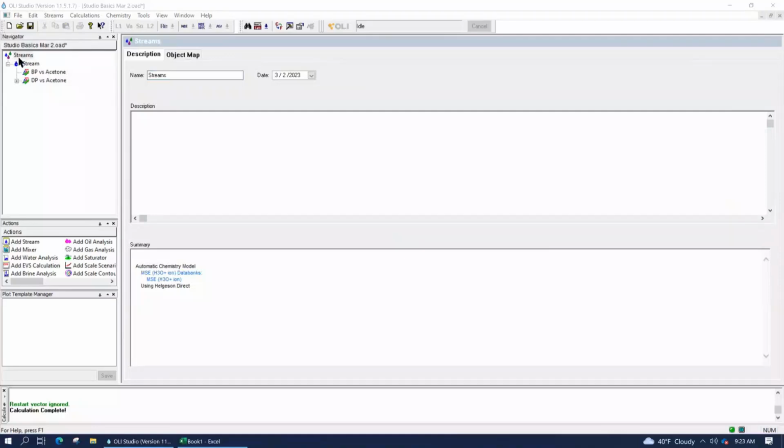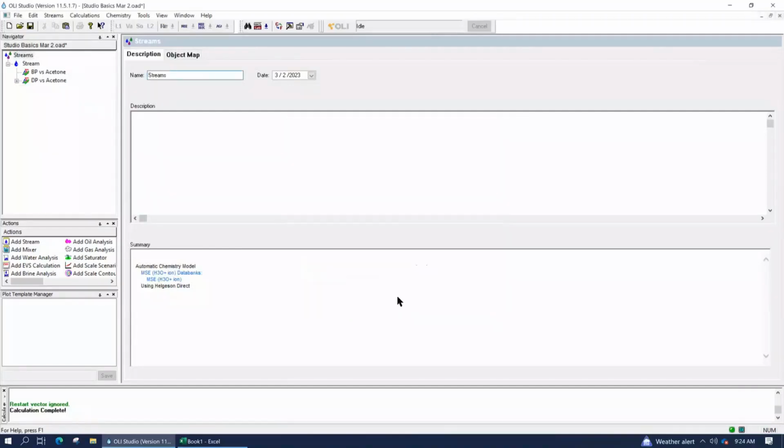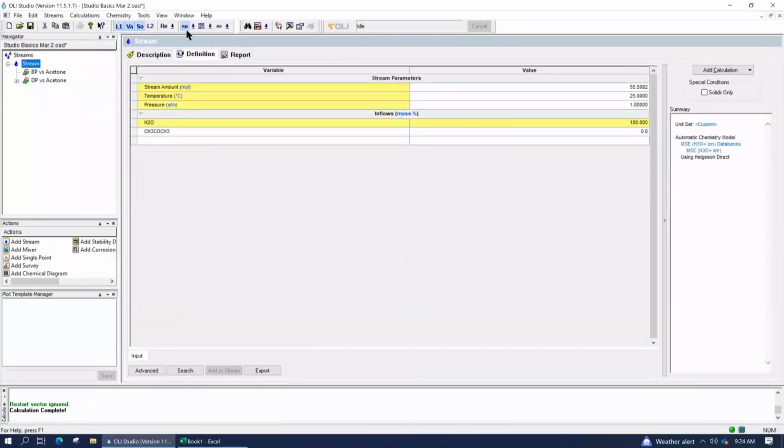It's okay. What I want you to do is click at the top level stream again, since you're working in a new file now, correct? Yes. Top level stream, chemistry, model options, and change the thermodynamic framework to MSE. That way you don't have to worry about managing what framework you're using in your calculations. But what that means is that if you redid the acetone, you have to make sure you're still in MSE. You're just going to have to do that one manually. Okay. Good.